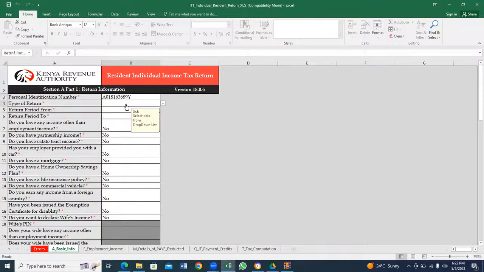Then you pick the return type. This is for somebody who has not filed an original return, so we are filing it for the first time. Then we pick the return period, which is 01/01/2022. Then we come here, period 2 becomes 31st of December